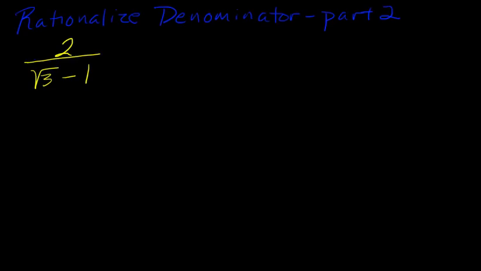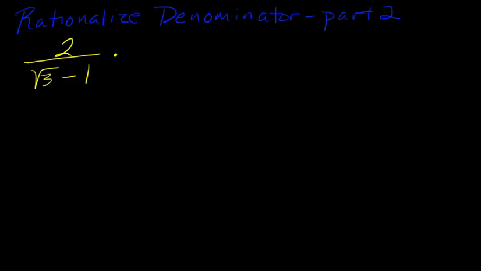Let's try another problem where we are going to rationalize the denominator. This time we need a little bit different strategy because we can see that our denominator looks different. We have the square root of 3 and then a minus 1. To take care of this, what we need to do is multiply by the conjugate of the square root of